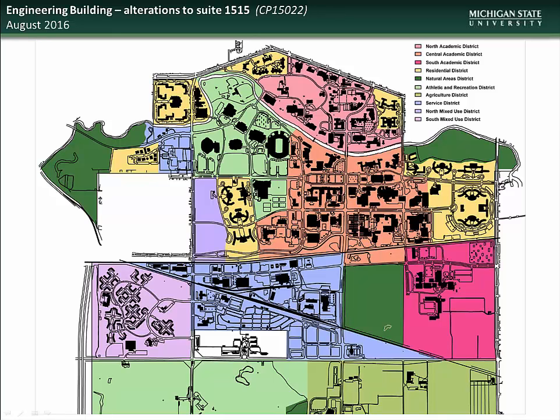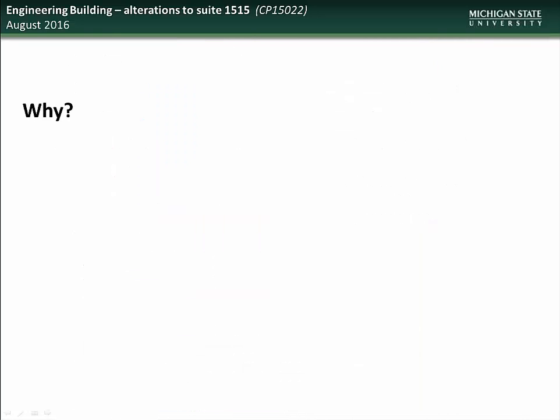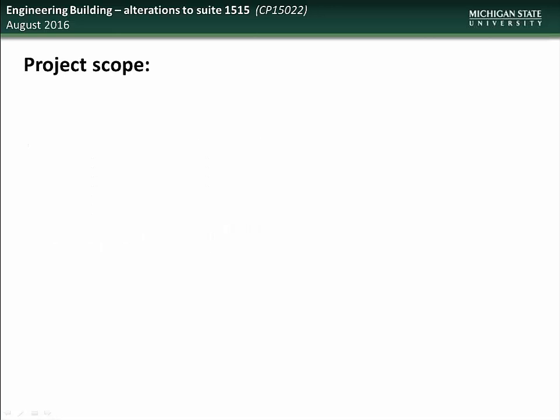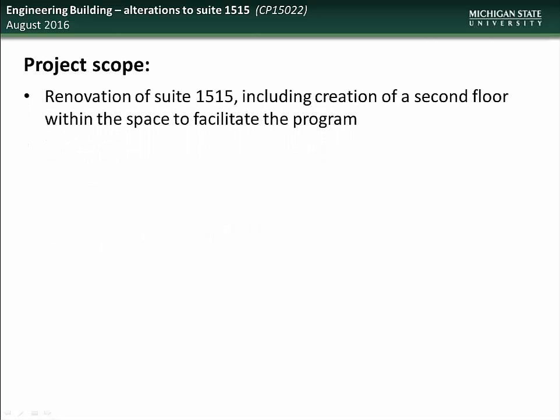Next, we have an update on the engineering building alterations to Suite 1515 project. The engineering building is located in the Central Academic District, just west of Anthony Hall. This project is necessary to provide the newly created Department of Computational Mathematics, Science, and Engineering space to house faculty and staff. The scope of the project will include renovation of Suite 1515 to include creation of a second floor